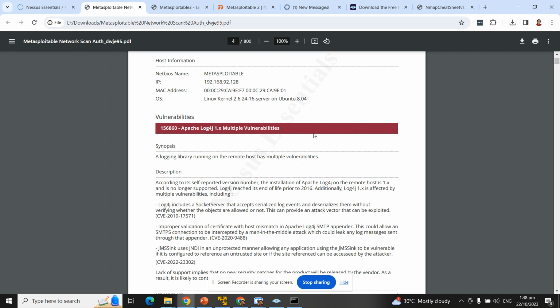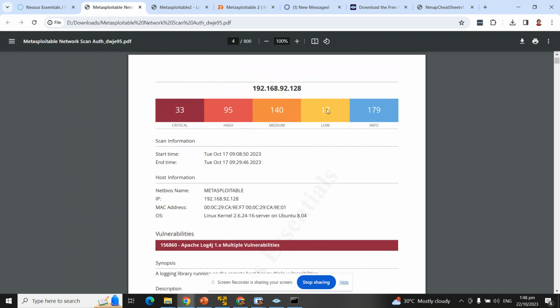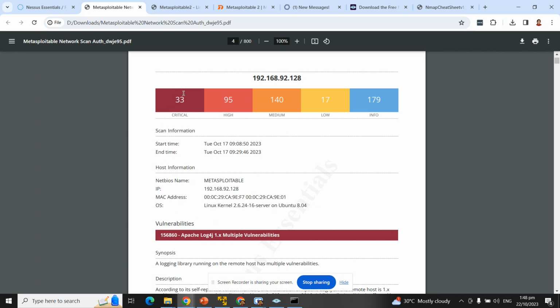What we want to do is to make sure that out of this, because you have so many findings, 33, 95 plus 140 plus 17 and then 179, we want to make sure that the relevant ones are presented to the stakeholders. Usually some of these are not applicable, some are very old, some are not relevant, some are false positive. So we have to be able to filter out